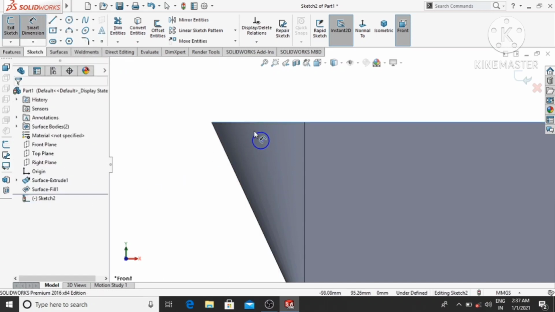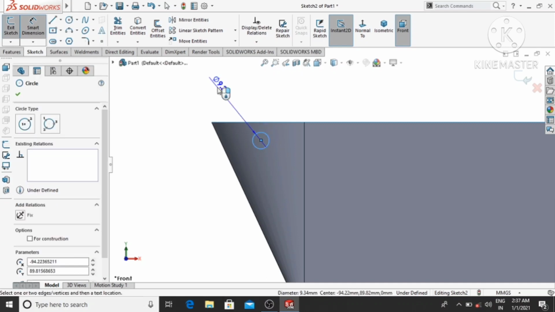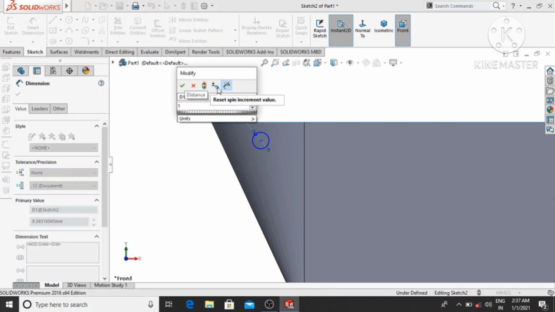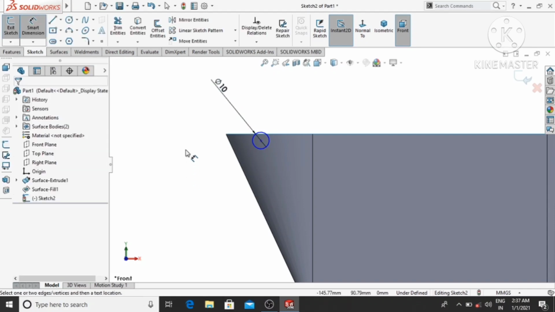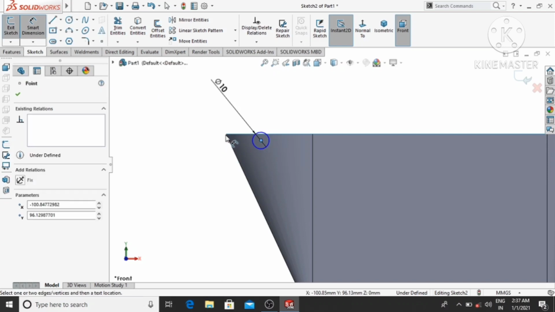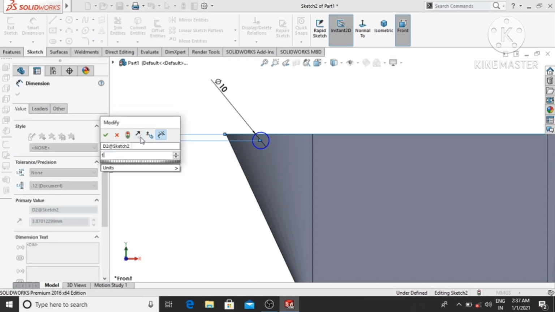Go to Smart Dimension and make this circle 10 diameter, and from this point to this point the gap will be 10 mm.